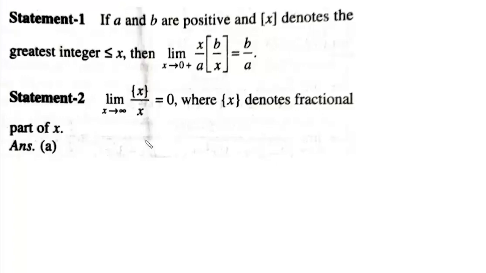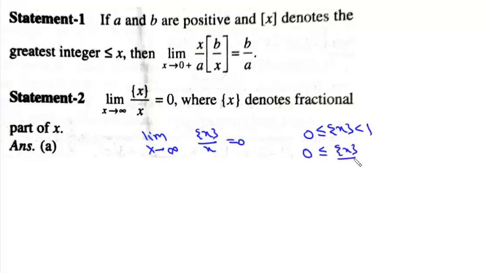If we look at statement 2, it says the limit as x tends to infinity of the fractional part of x upon x is equal to 0. Now we know that any fractional part function will always lie between 0 and 1. Now if we divide everything by x, we can write that the fractional part of x upon x lies between 0 and